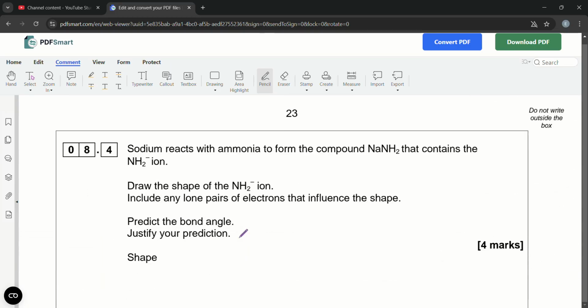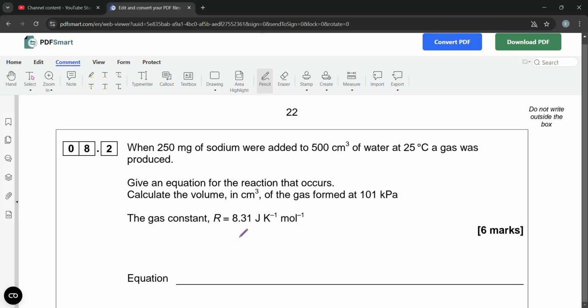And question 8.2, 8.3, and 8.4. So when 250 milligrams of sodium were added to that much of water at 25 degrees Celsius, a gas was produced. Give the equation for the reaction that occurs. Sodium added to water. So sodium, Na plus H2O gives NaOH